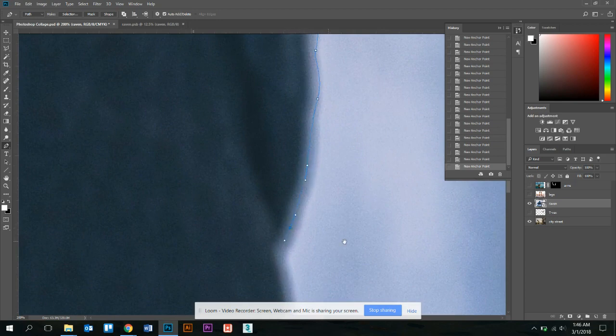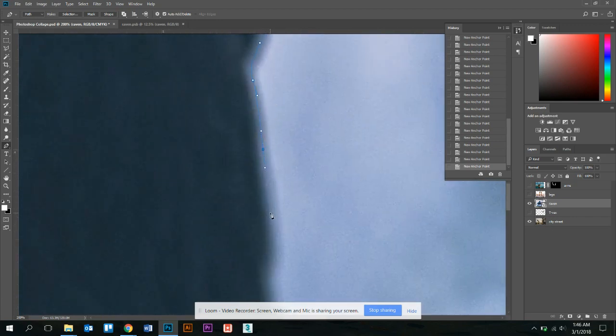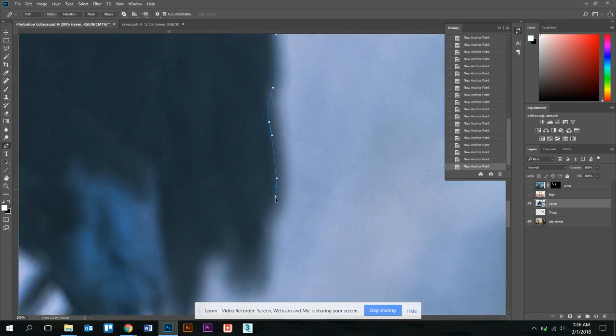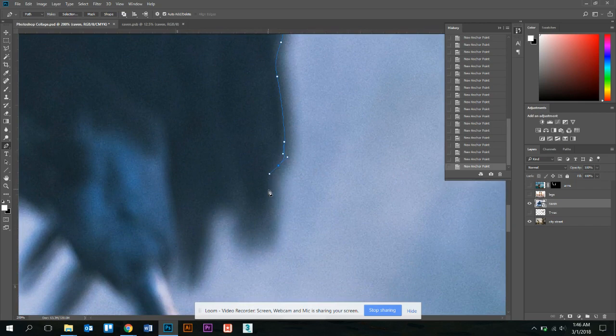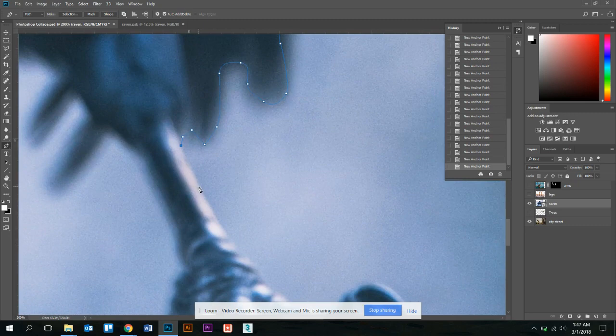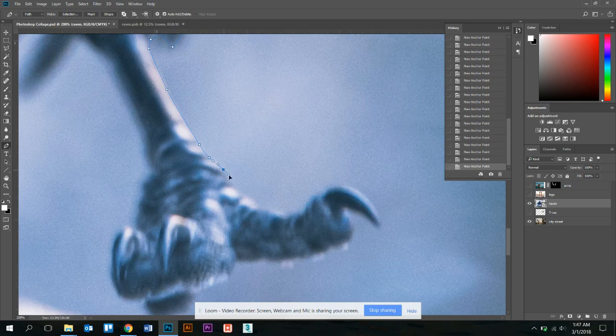It may not feel that natural to create a line this way, but if you can get the hang of it, it's a really great way to create detailed selections. Sometimes the Refine Edge tool will just not get you close enough. And so I'm pretty quick at it, but